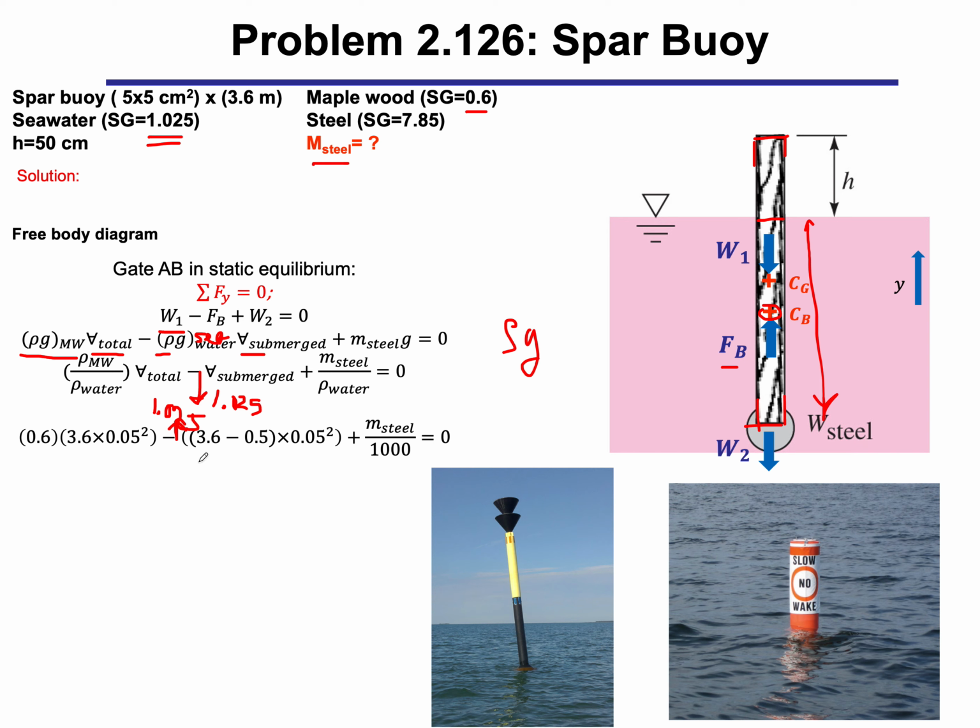Multiplied by the submerged part, which is only 3.1 meter that we mentioned here, multiplied by the cross-sectional area. And then you get the m steel. And then you find the mass of the ball. So when you correct for this 1.025, it's actually going to be around 2.45 kilograms. Okay,